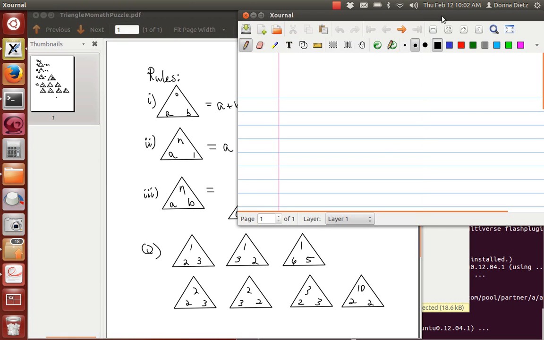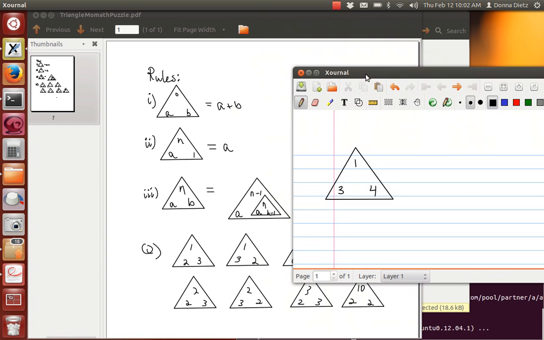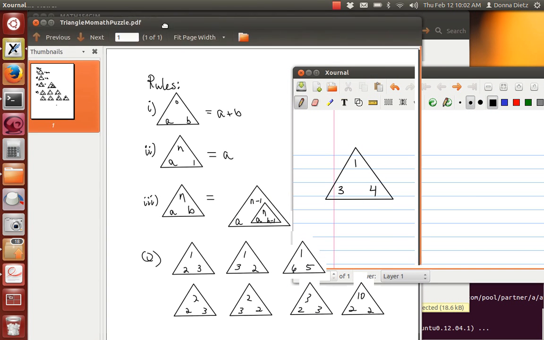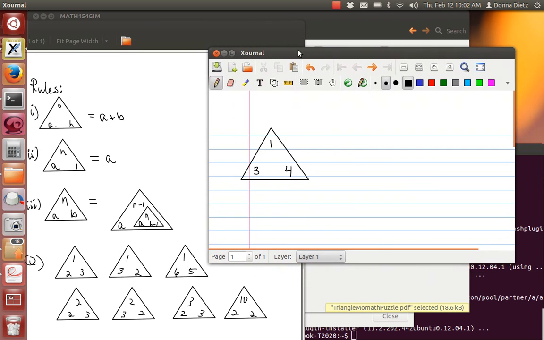So if you have one of these triangles, okay, and you want to calculate, let's see, 1, 3, 4 is a triangle. Okay, how would you calculate that? So we have 3 rules that we can follow. All right, I'm going to try to move this guy over here. There we go. This is a recursive definition,